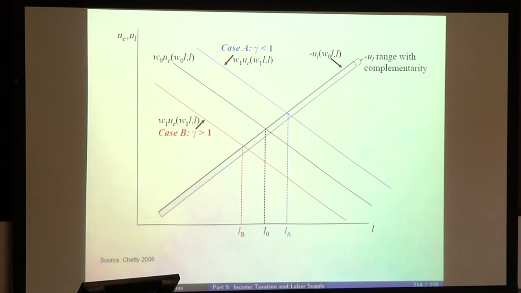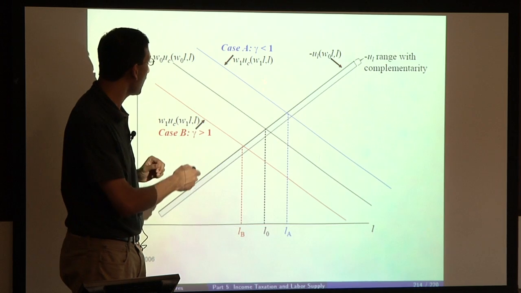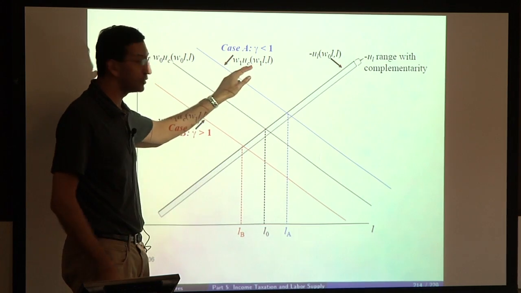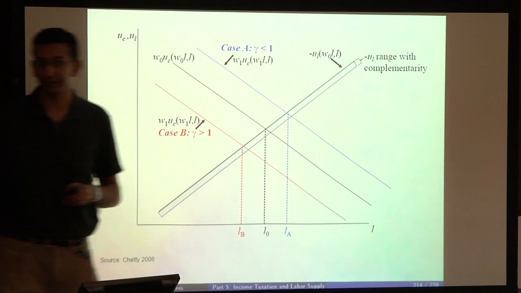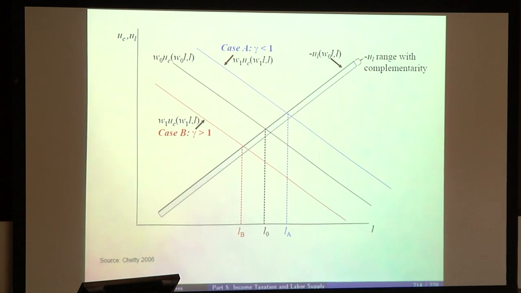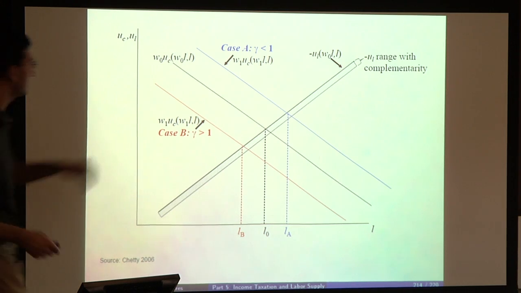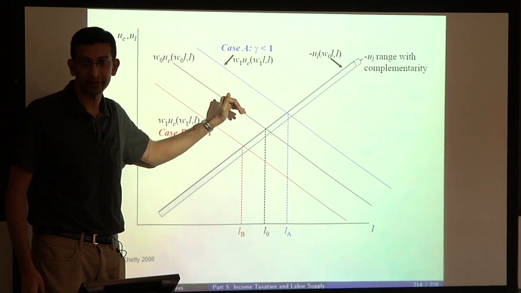That's actually what's driving the substitution effect. That is exactly what drives the price effect of labor supply. The value of working an extra hour has now gone up, so you want to work more. But there's also a second effect: when you have a higher wage, the marginal utility of consumption is going to fall, and this is due to the income effect. You have more consumption, so the marginal value of working an extra hour is now lower as a result of the second effect. And the extent to which it's lower is exactly what gamma is.